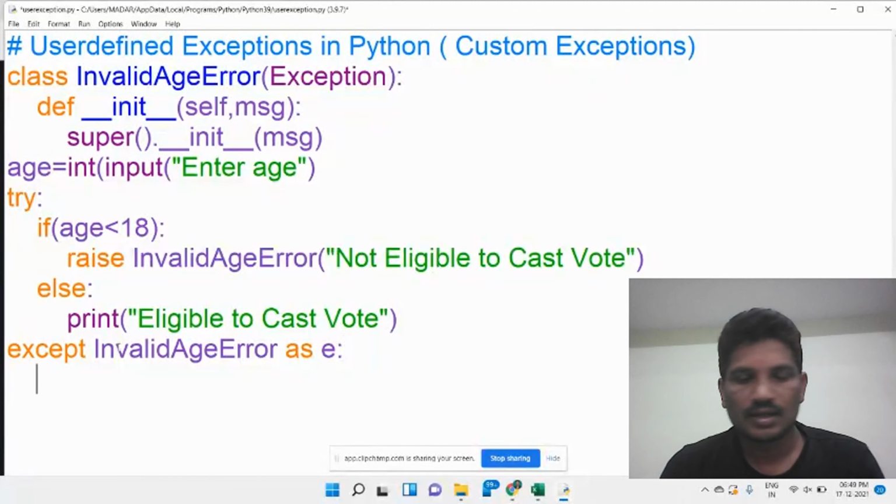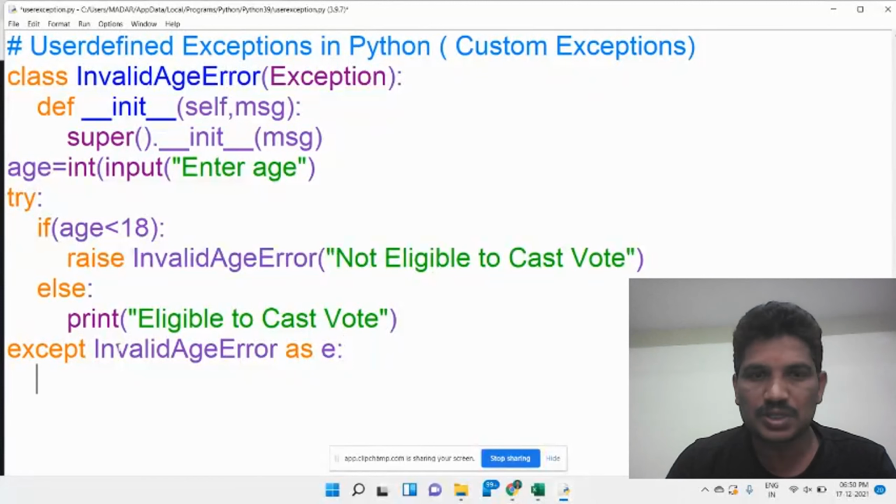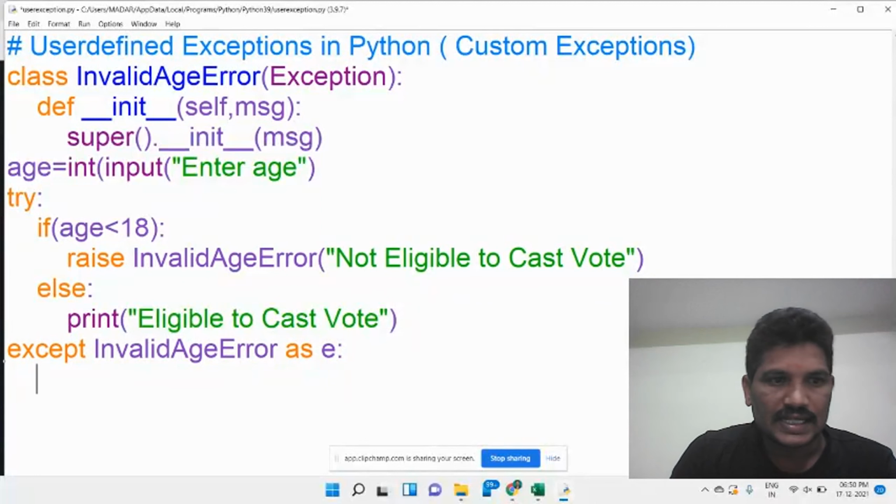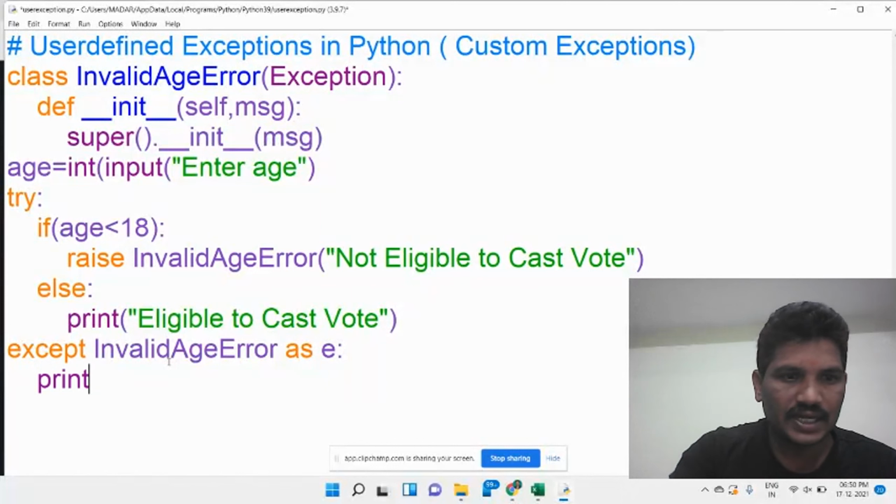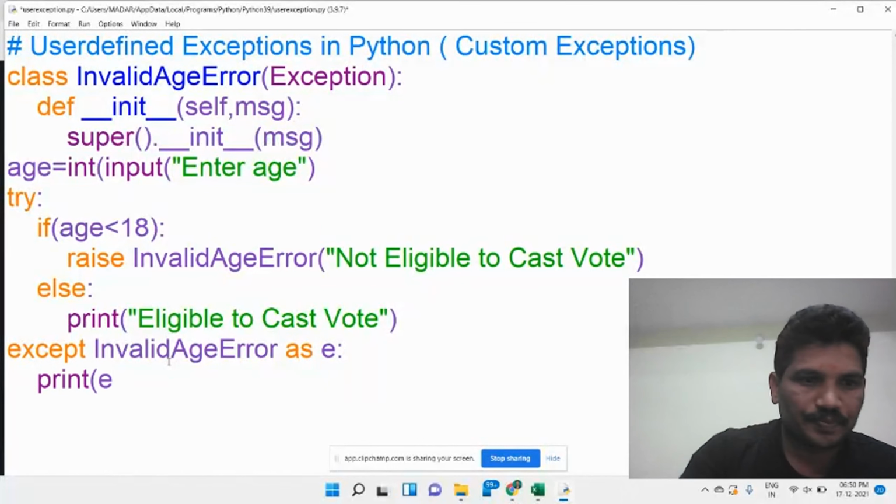You know the syntax already; we studied the exception handling concept in previous videos. Then the except block has also been defined. Then print.